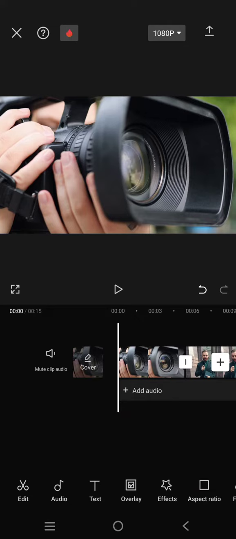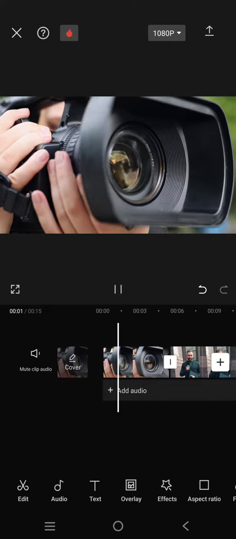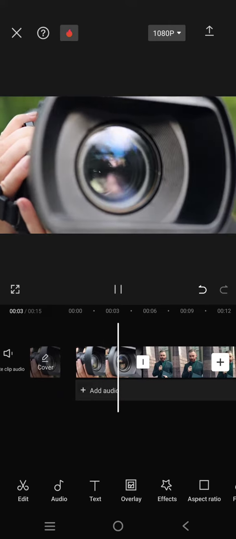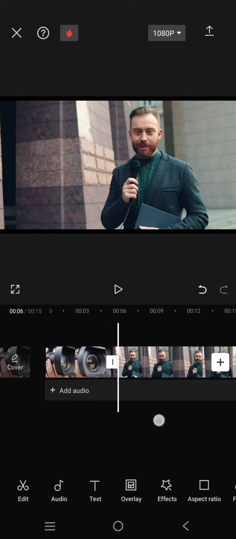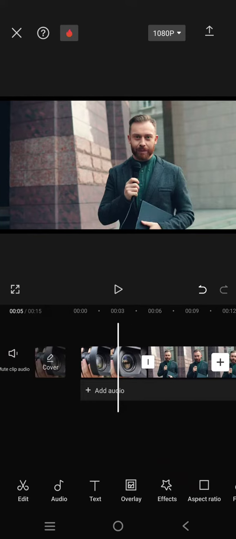On today's tutorial, I'm going to show you how you can create glass break transitions to your edits in CapCut. So here, just add your clips to CapCut, and if you want to add the glass break edit and transitions, just click on the transition box in between the clip,